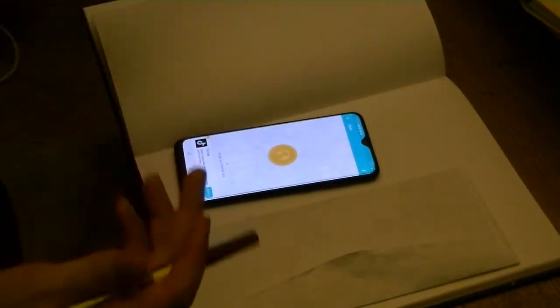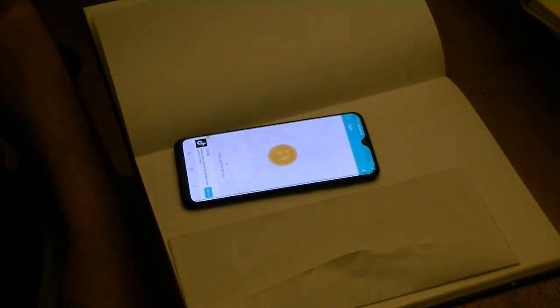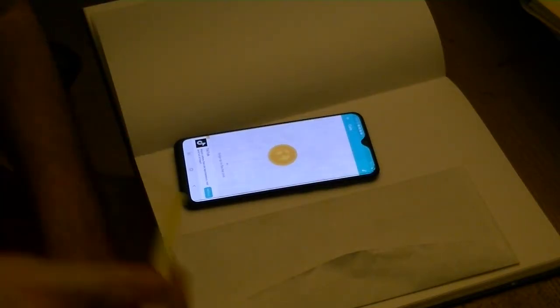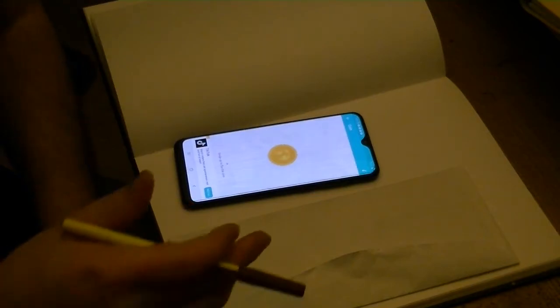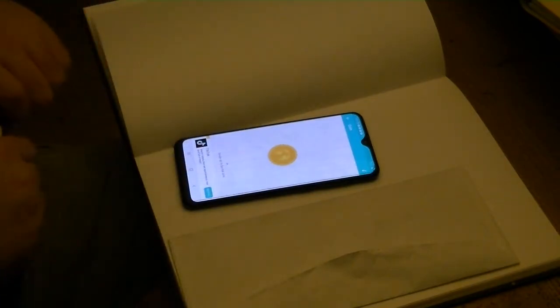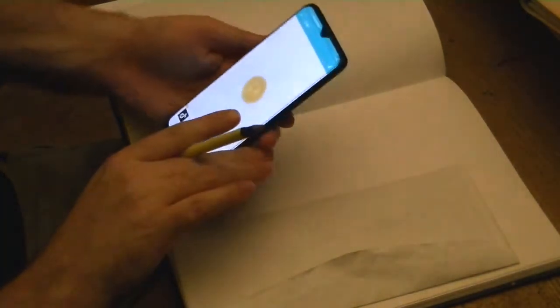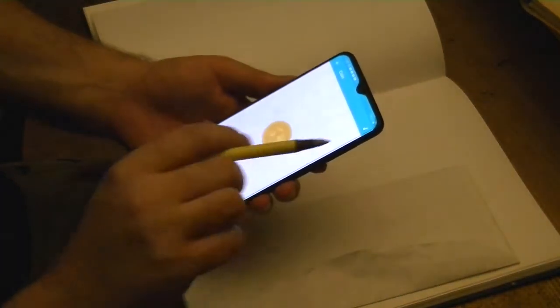Okay, so first off, we'll determine whether the character is human or not. That's a binary choice, and we'll do it using this.